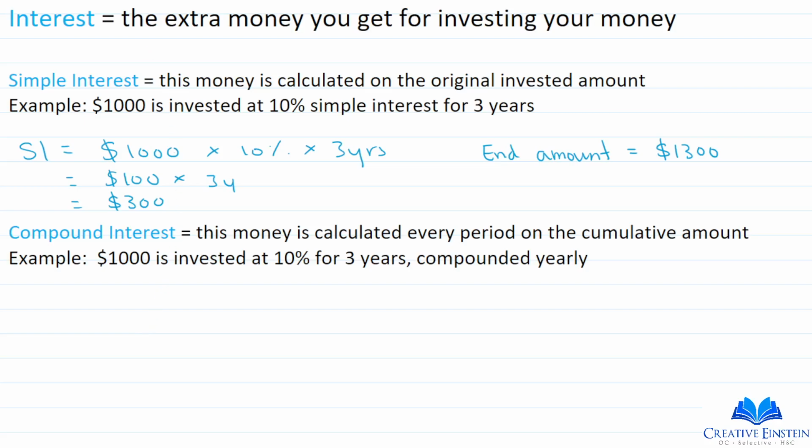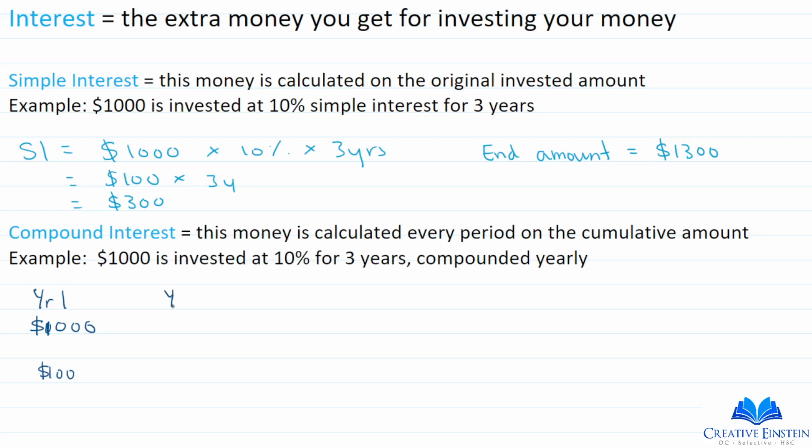Now with compound interest, it's a little bit different, and I'll show you why. The example again is $1,000 and it's invested at 10% for 3 years compounded yearly. That means at the end of year 1, you'll have $1,000 you've invested. 10% of $1,000 is $100,